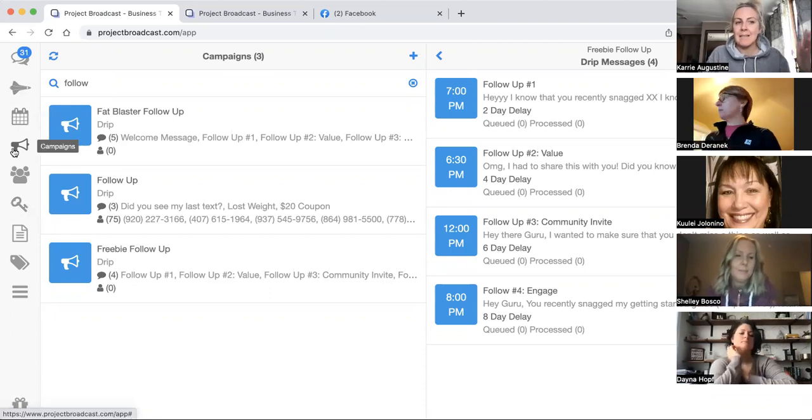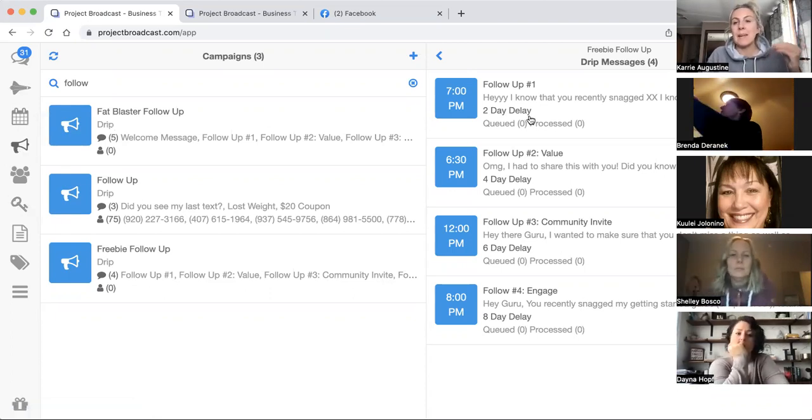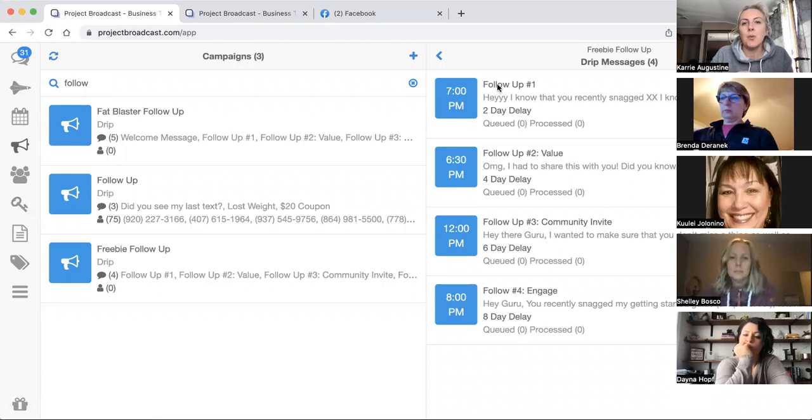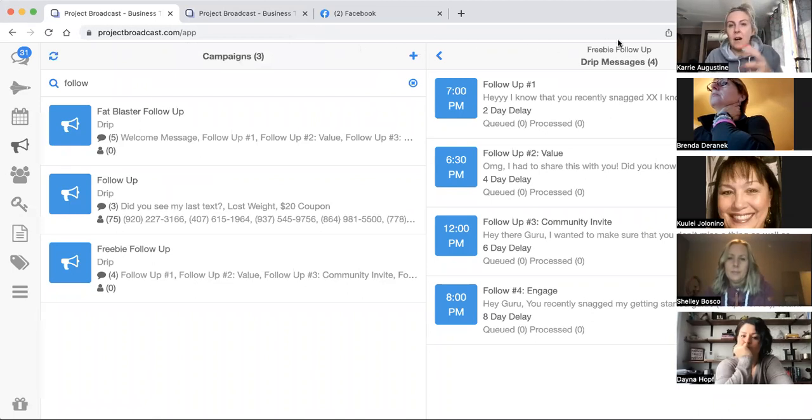So campaigns, which are the megaphone, are your automated messages. When you set one up, and I'm going to do it with you guys right now, you have a series of what you're going to do. Think about what you would typically do in Messenger, right? When you sent someone information about a product or a freebie, or the business,